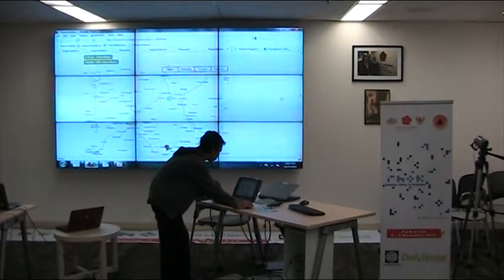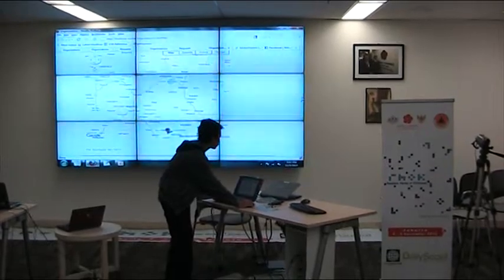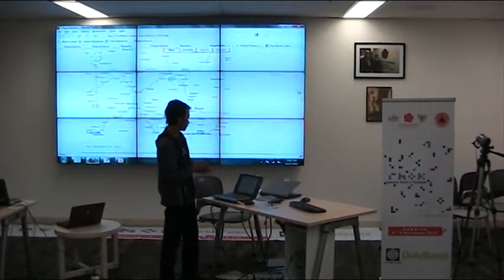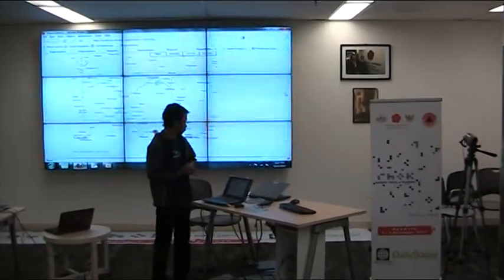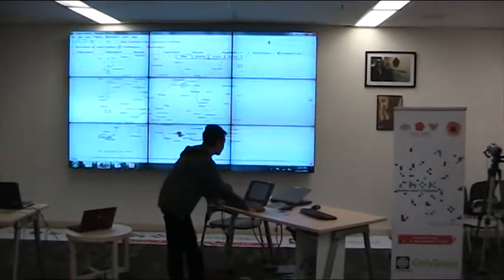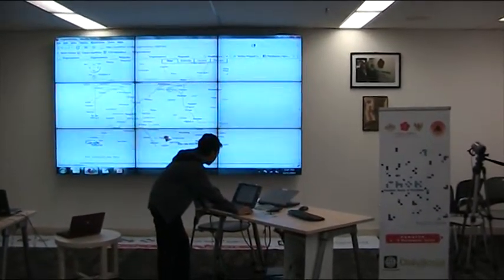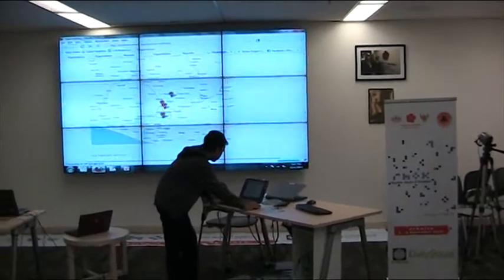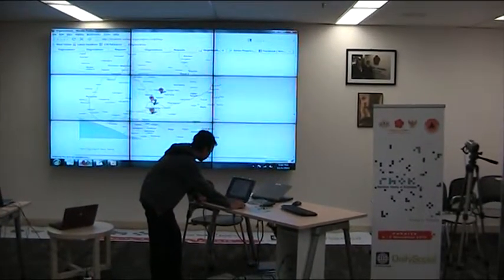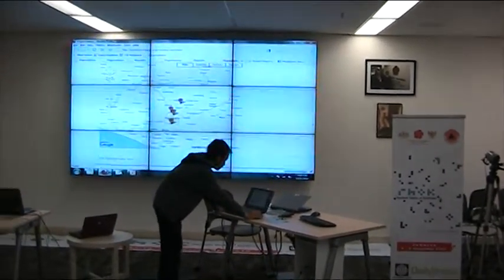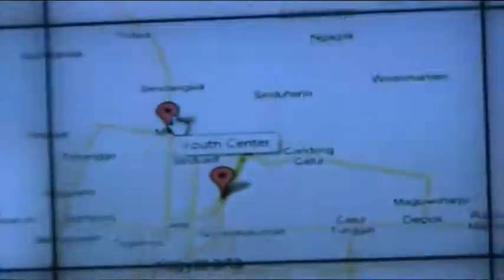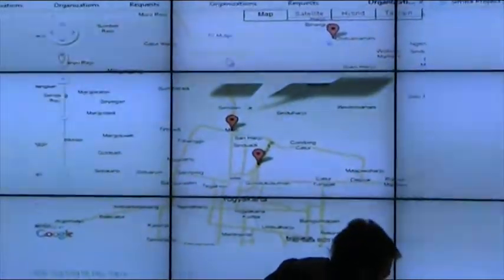The other feature that we built is a map to describe where all the shelters are. The new shelter that we inputted before is the youth center in Dimlati, and we can click here.